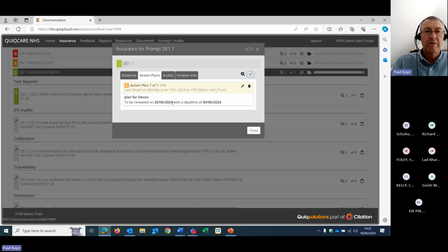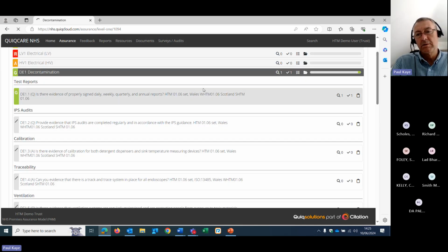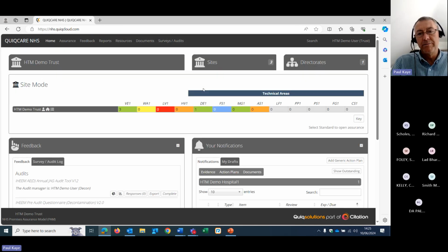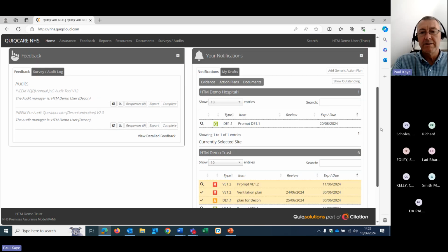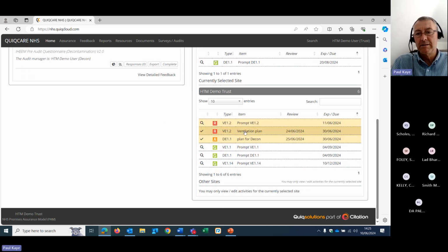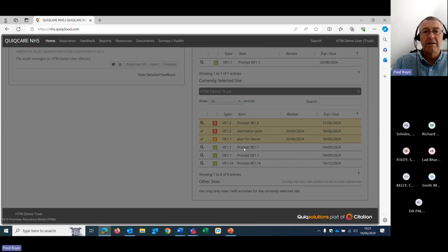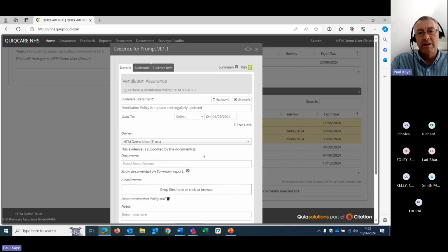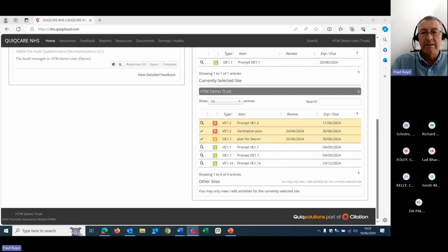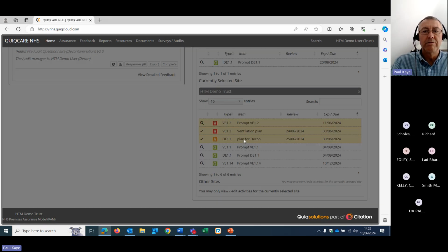And all my actions as a user of the system, as I log on, it gives me as a task list. So I can see my action plans, I can see when they're due for review, and then I can just click on them to update them. So do I need to update my evidence, or do I need to update my action plan? I can open them both from here.